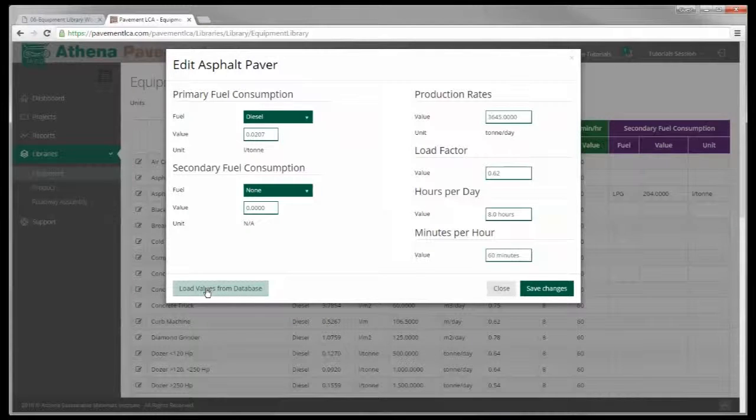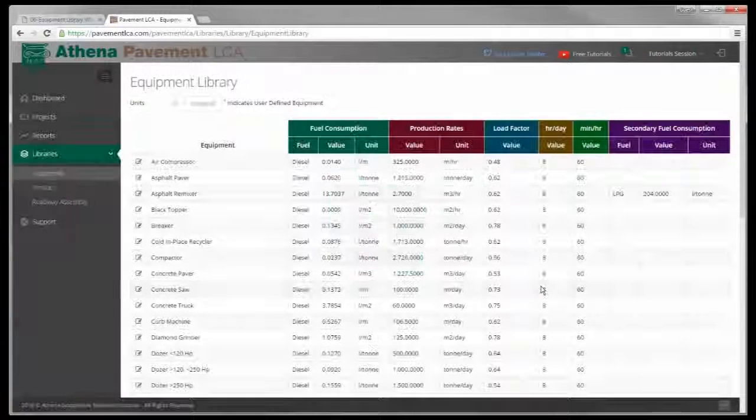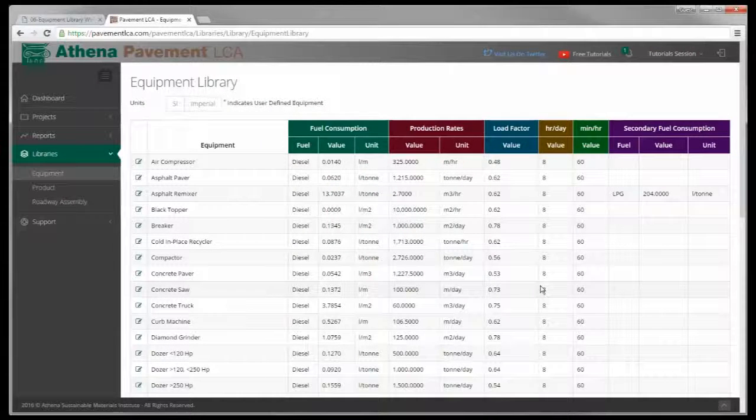We click load values from database down here again, and you'll see it's restored the production rate of 1215 and a fuel use of 0.620. Save changes. And that's how you can customize your equipment fuel usage for different projects or for all of your projects by manipulating the